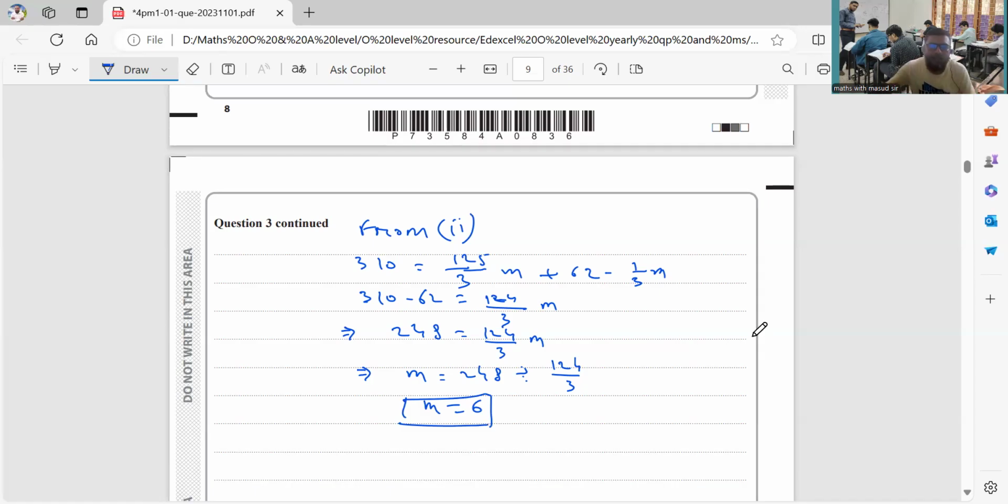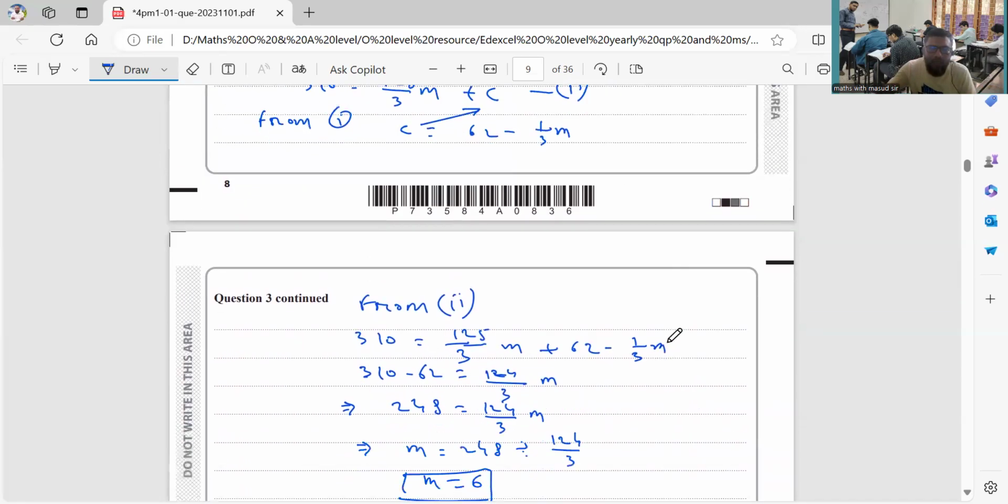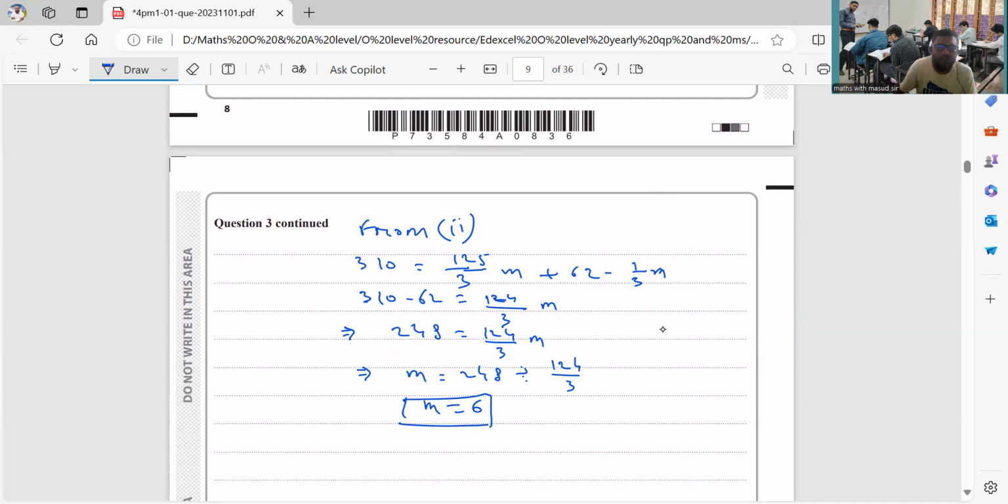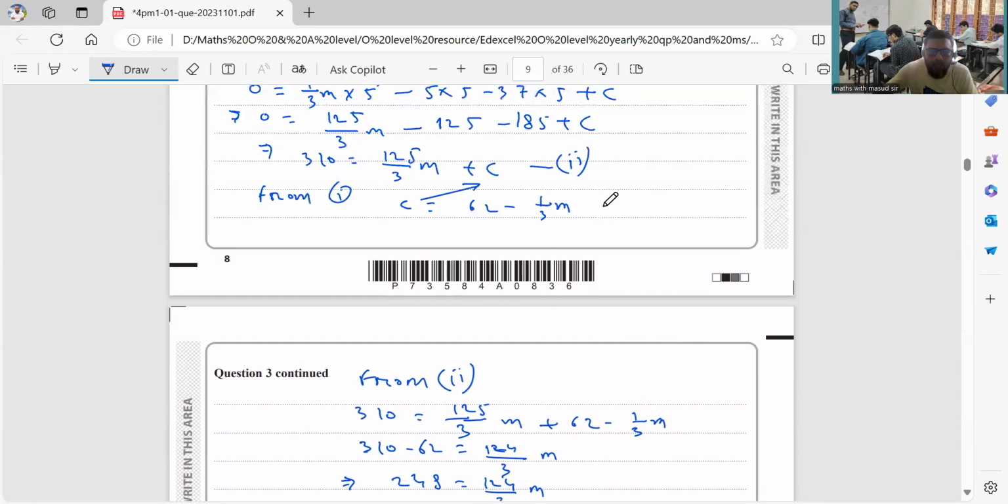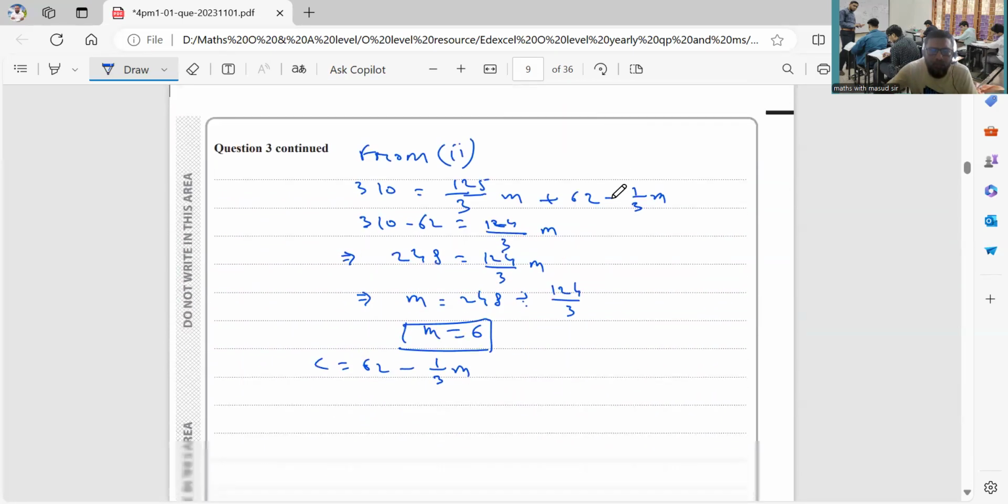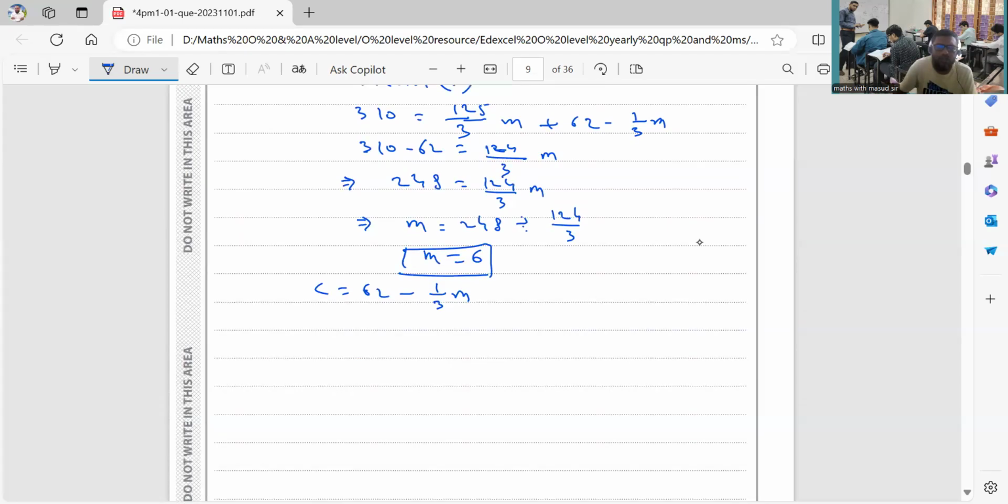Okay, and put the value of m in the subject c, you will get the c value. So the c value is 62 minus 1 by 3m, right? If you look at the c, 62 minus 1 by 3m. So 62 minus 1 by 3 into m, 6. So if you calculate, it will be 62 minus 2, it will be 60. So c equals 60. So this is the second answer. And the question asks you,